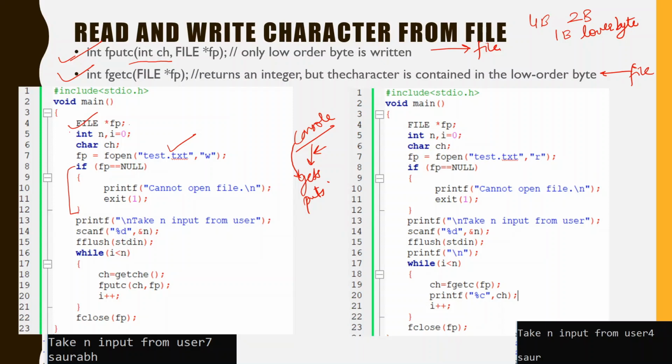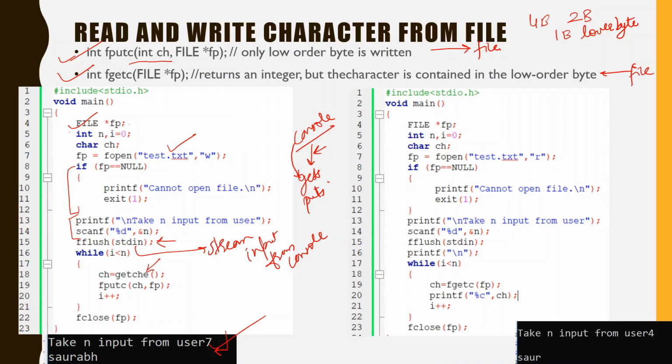Now we take input from the user about the number of characters. The user has input that it wants to enter 7 characters. Then we flush stdin. This flush is also a file handling function, which is used to clear the standard input stream. stdin is also a stream, which is for input from the console. The enter that is given after the carriage return, after the 7, we flush the standard input to prevent it from being read by getchar.